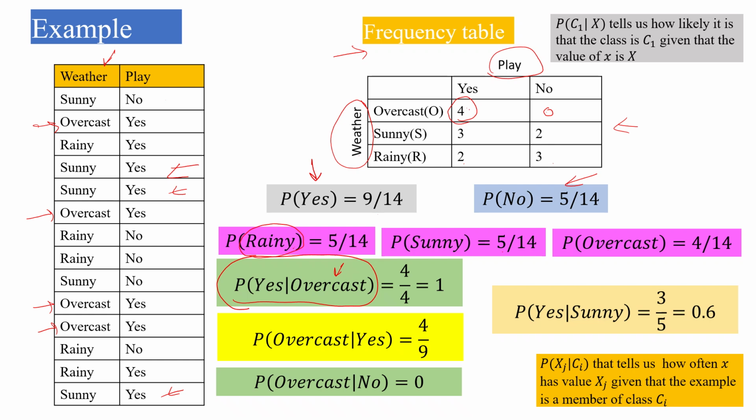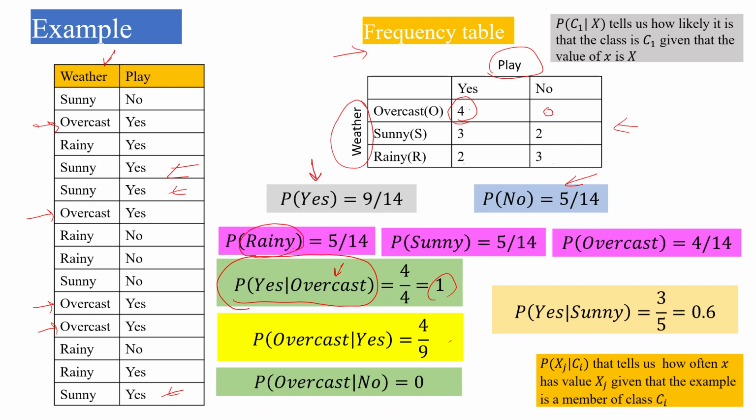So the overcast value comes out for 4 positions and the yes is also in all the 4 tuples. So this comes out to be 1. Okay. So this was given overcast, that yes would come up was 1. Now given yes, overcast,